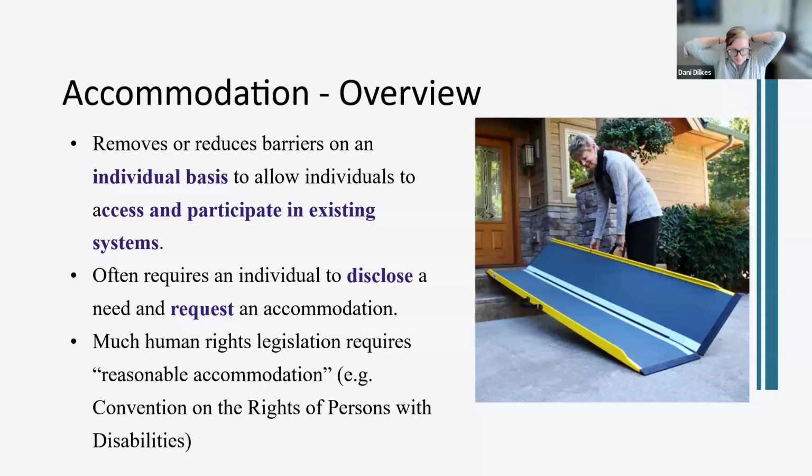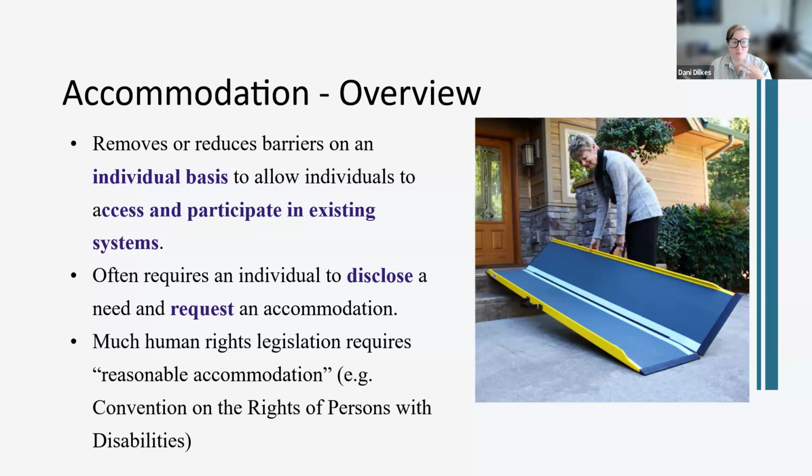All right. So part of the point of the activity, which could be somewhat a harrowing activity, is to start to think about, okay, so if these are the problems, and a lot of these problems are things that we are already doing, how do we fix them? And as Yasser mentioned, when we think about disability through the medical model, the most common or obvious solution is accommodation. And accommodation is essentially removing or reducing barriers on an individual basis. So working with an individual to see what needs they have that are not being met, and then finding a solution just for them to ensure that they can access and participate in existing systems.